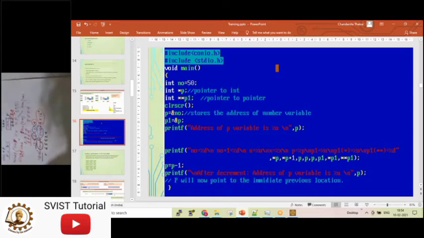So 4 is multiplied by 16 to the power 0. The next 15, that is F, is multiplied by 16 to the power 1. The next 15 has position weight 2 from the LSB, so it is multiplied by 16 to the power 2.